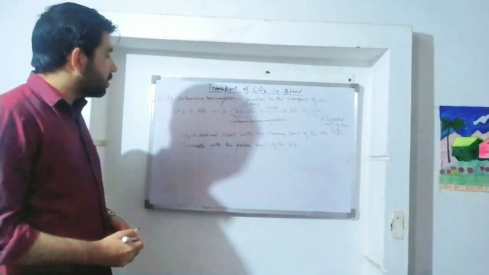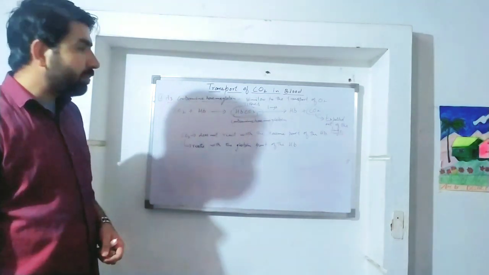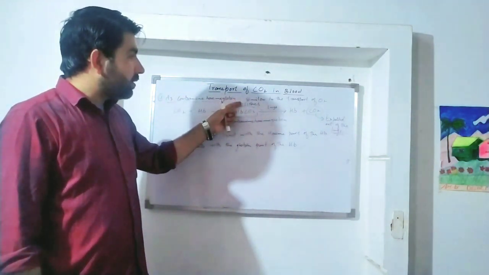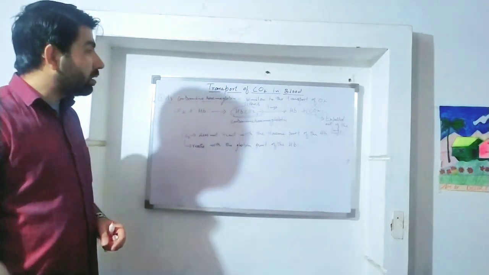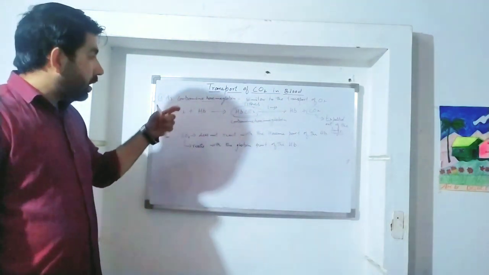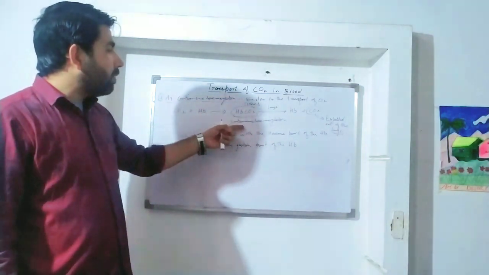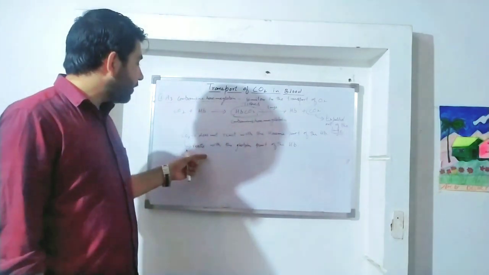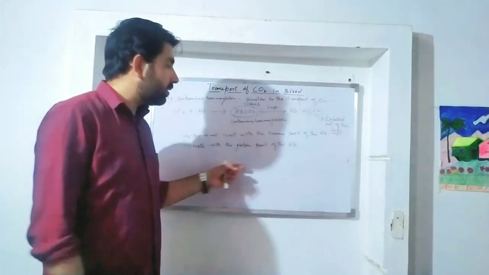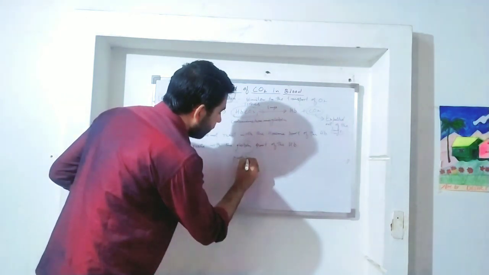There are three processes, and the third one is carbaminohemoglobin, where carbon dioxide, unlike oxygen, does not react with the heme part, but rather with the globin part, that is the protein part of the hemoglobin, because